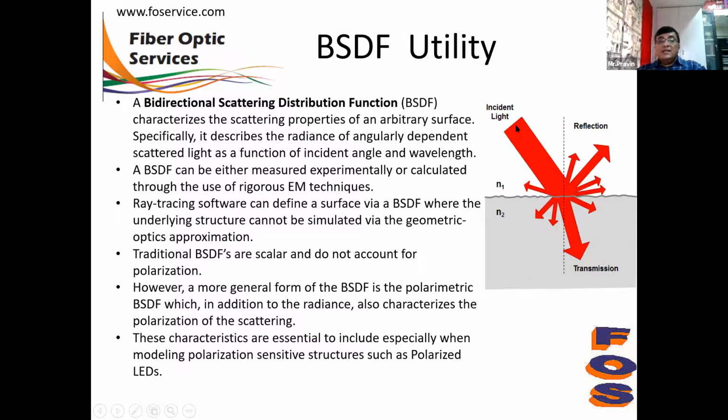So any light which is incident on the surface will have a lot of scattering. Now this scattering, particularly when you are simulating or designing bulk devices, like, for example, an LCD panel or LCD screen, TV screen. Okay, there you need to find out how the LED which is emitting the light diffracts, because that will decide the quality of your screen.